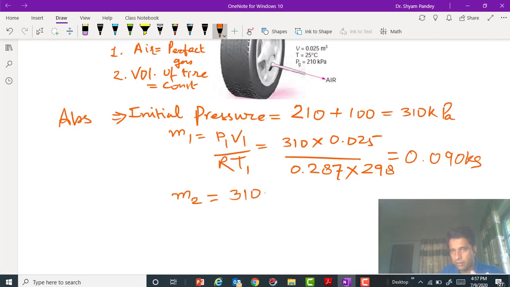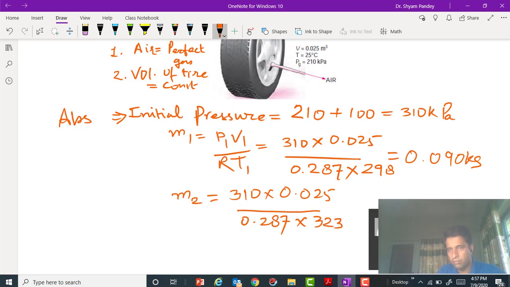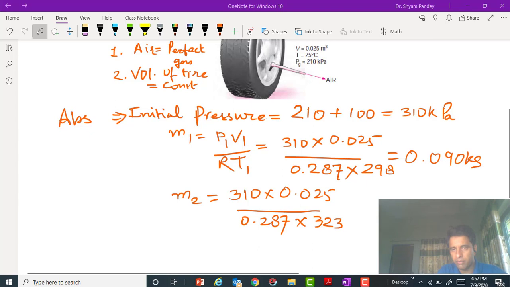Pressure is 310 into 0.025 by 0.287 into the new value of temperature, which is 323. So it is coming out to 0.083